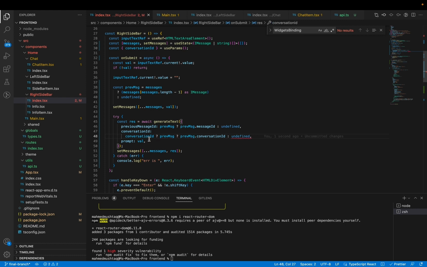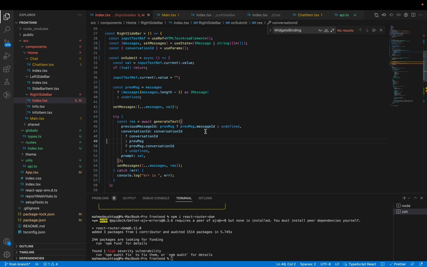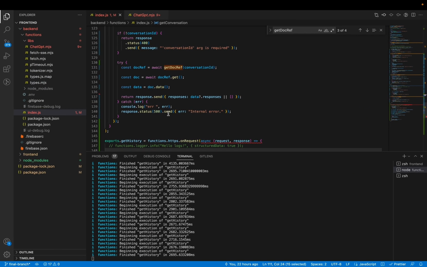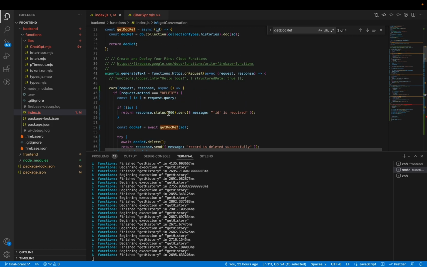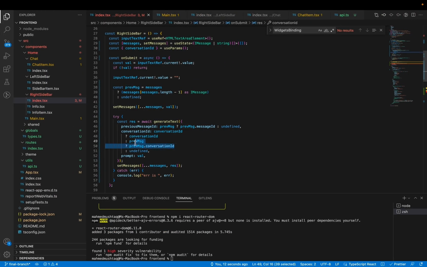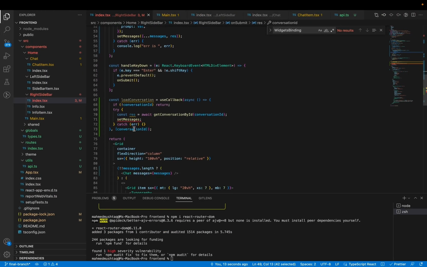First we check conversation ID is present, then we send over current conversation ID, otherwise we will get conversation ID from previous message ID. And then after it, just set messages,